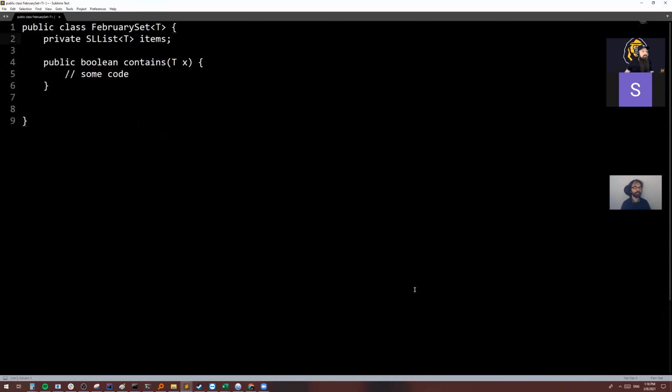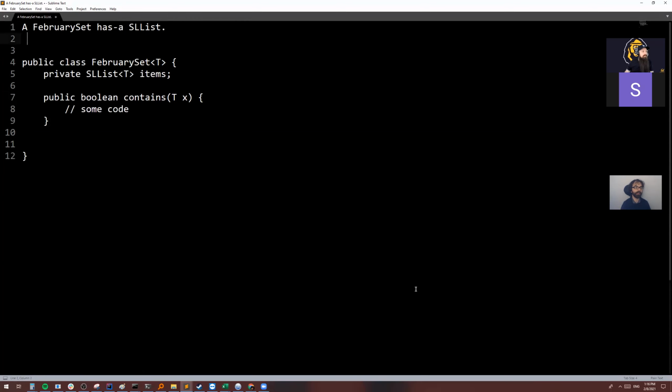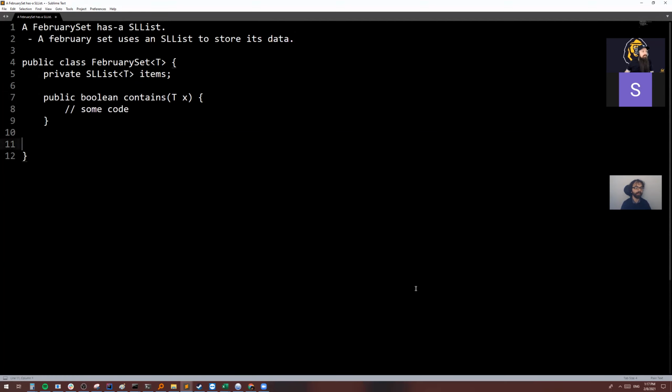So in this sense, I'll say that a February set has an S list. What I mean by that is that a February set uses an S list to store its data. So I would call this a has-a relationship because it has this as an instance variable. Does that make sense? Okay. Now, if by contrast you did February set T extends S list T,